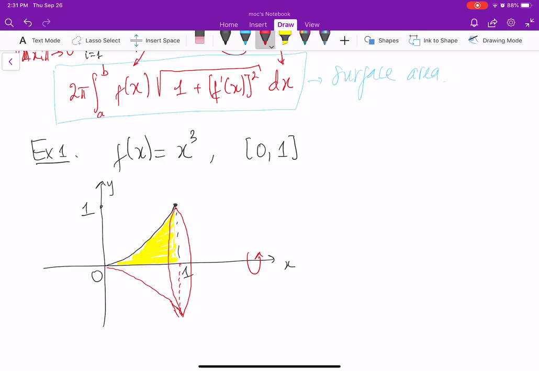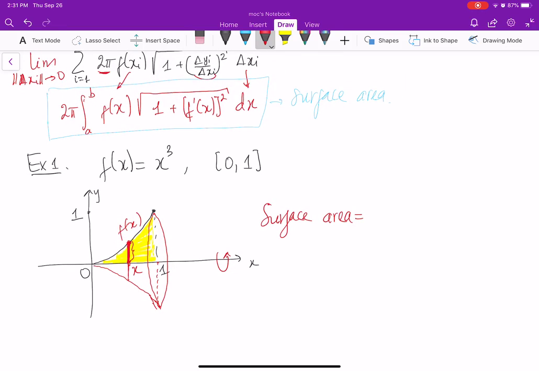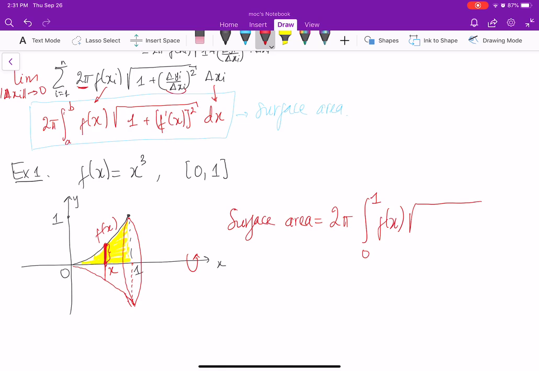All right, now I will start from the beginning. I will take some cutting here. Suppose that is x, and that is f of x, and that is the radius. So the radius again equals f of x. Then we have surface area equal to 2 pi integral from 0 to 1 of f of x, because f of x is the radius, then square root of 1 plus the derivative of f of x squared dx,